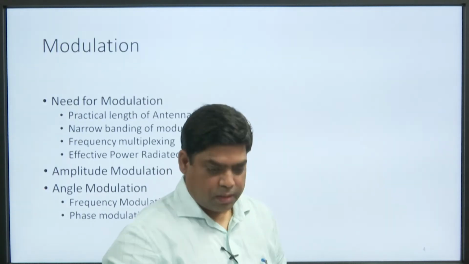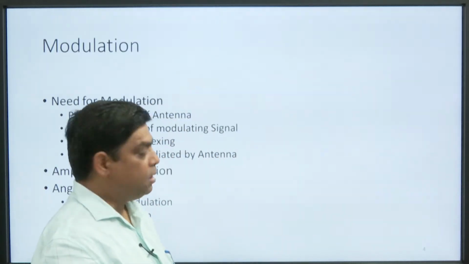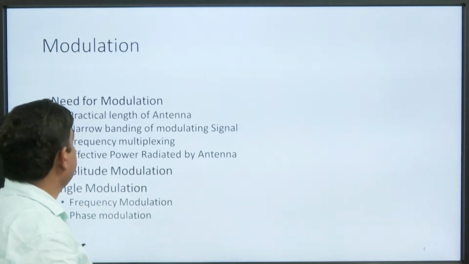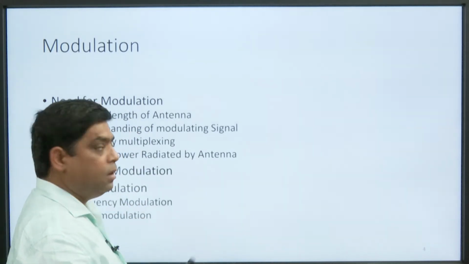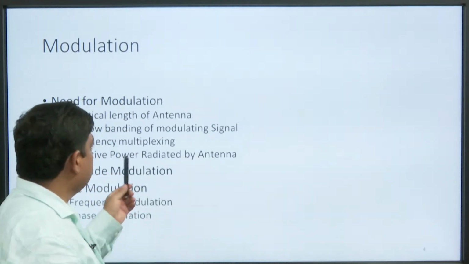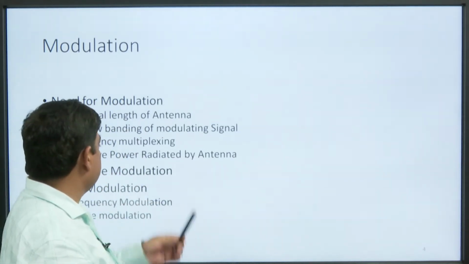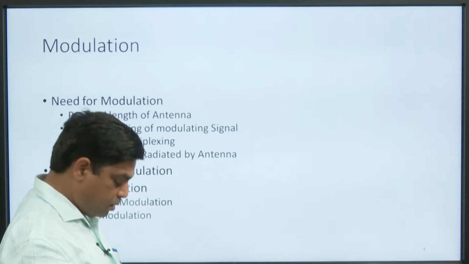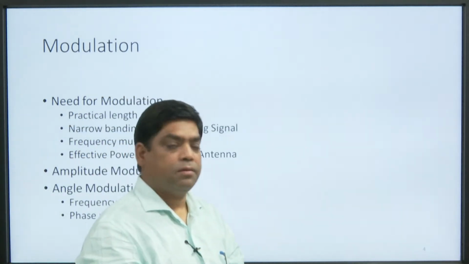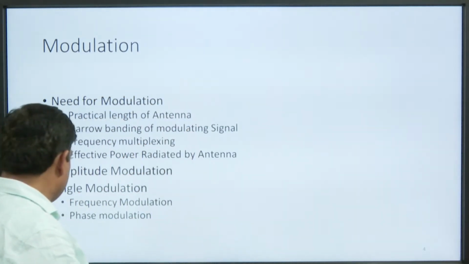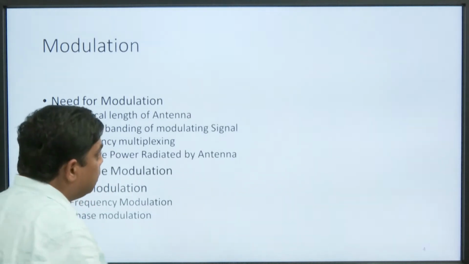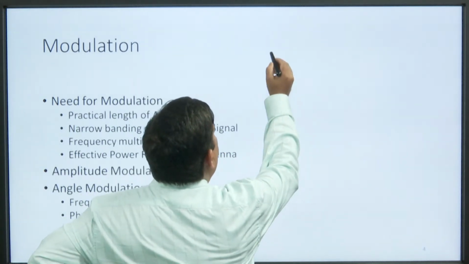Something we have discussed in the last class, that is the need for modulation, that requires practical length of antenna, narrow bandwidth of modulating signal, frequency multiplexing and effective power radiated by antenna by using high frequency carrier. And amplitude modulation, see there is a high frequency carrier,